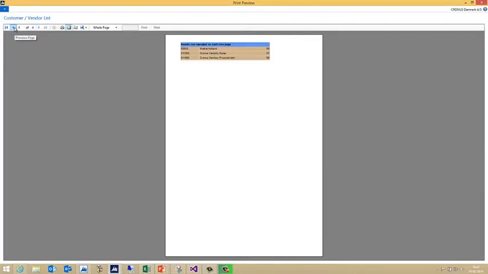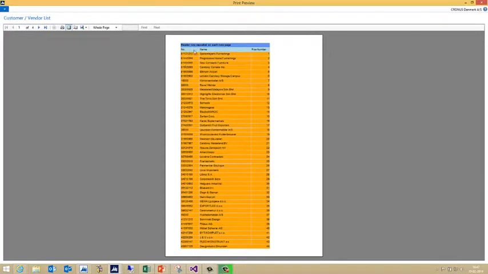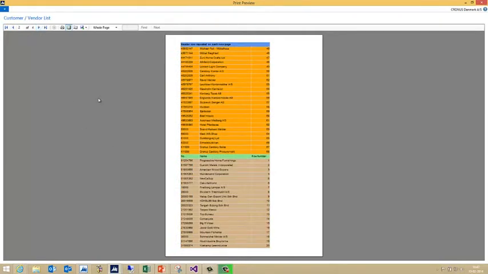So if we go to the first page, what I want now is to also have the customer group header here. I want this to be repeated, and when the vendor starts, I also want this vendor group here. I want this on the next page also, so we have the vendor group shown. So let's go back to Visual Studio and make this change.